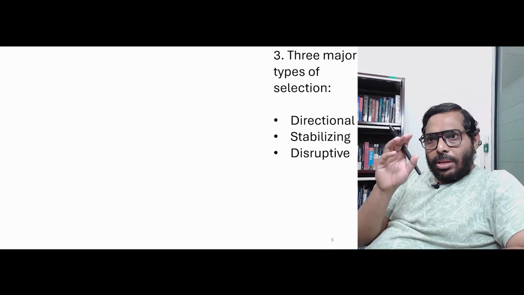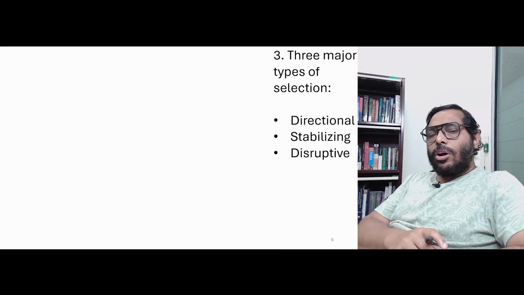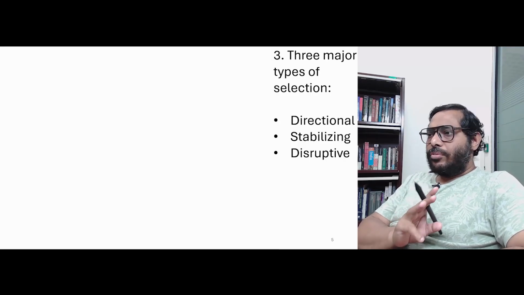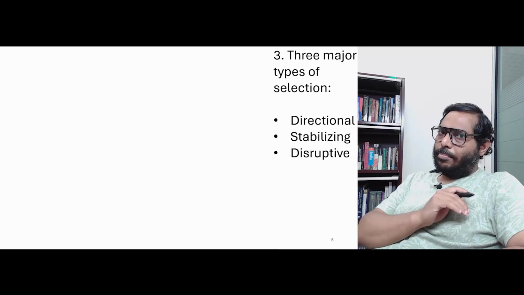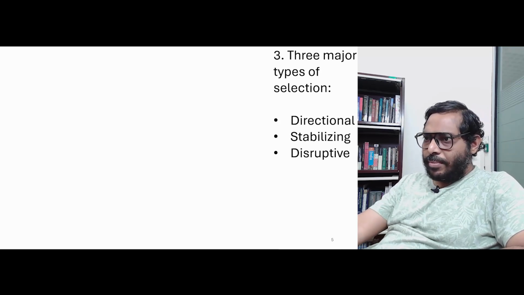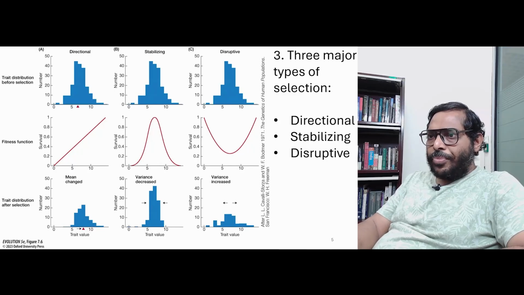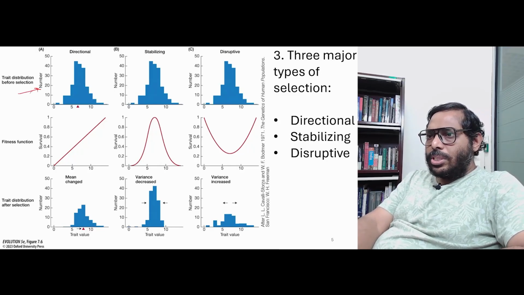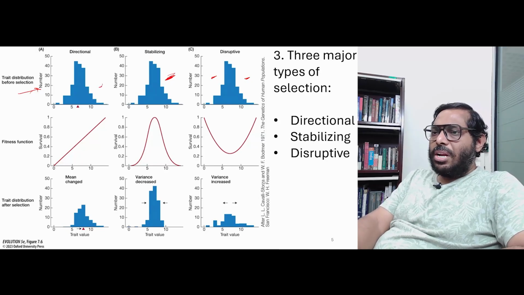Now, with this concept of fitness function before us, we will talk about 3 major kinds of selection, the so called directional selection, stabilizing selection and disruptive selection. What do I mean by this? So, this is a slightly busy panel, but I will walk you through this. If you look at the first row, all you are seeing is some kind of a distribution of some trait. Okay, it does not matter what trait it is,